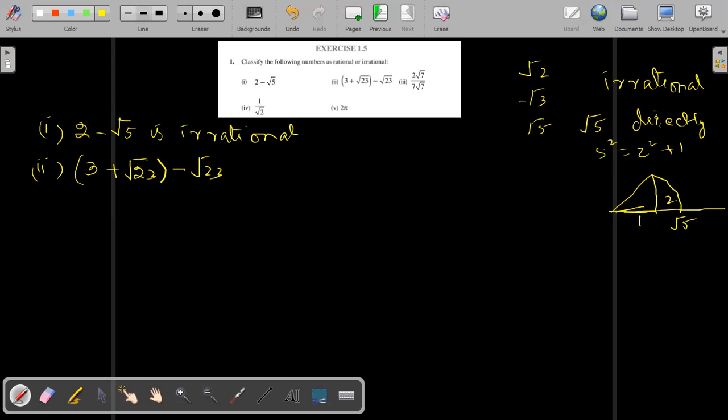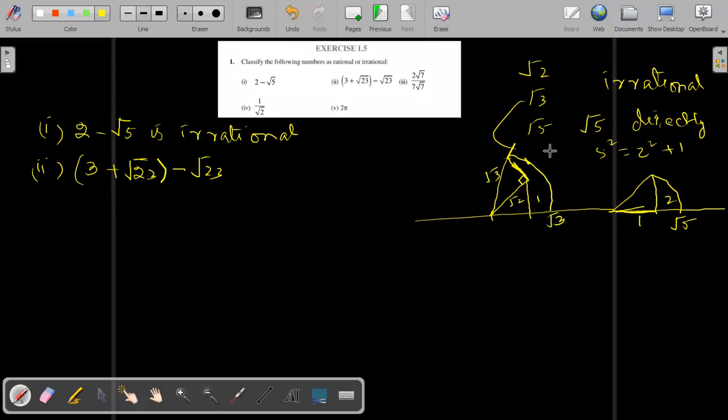If we ask root 3, then you have to draw the line. Take here 0, 1. Here also 1, 1, 1. And then join. This will be your root 2. And here you have to take a perpendicular. I told you some of you are not taking the perpendicular, and this length should be 1. Then this will be root 3, and you have to draw the arc. This point will be root 3. How are you saying we have not done irrational numbers? This is where you have numbers which are not perfect squares but whole numbers. But if you are given